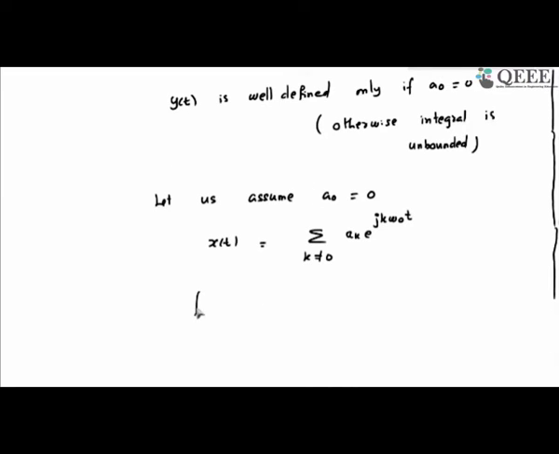So I take the integral from minus infinity to t of x of t dt. So this is the sum over k not equal to 0 of a_k times the integral from minus infinity to t of e to the power j k omega naught tau d tau. I should use tau as the temporary variable, right? So if I do this,